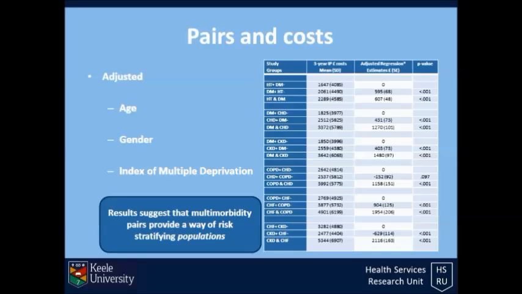So in this slide, we also adjusted the hospital admission costs. And just to be clear and emphasize, we focused on the hospital admission costs because those were much higher than A&E costs. But we were interested in A&E episodes as a point of intervention. So in this slide, to return, the top 3 rows for the hypertension and diabetes multimorbid pair, the average costs for the 3 years for this group were